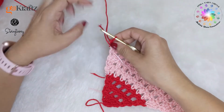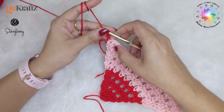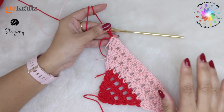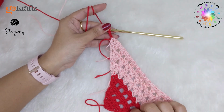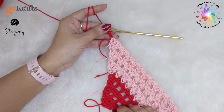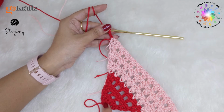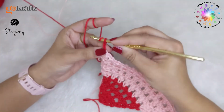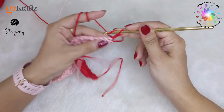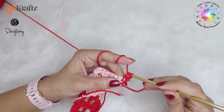Right? So we finished row 12. Now row 13 to row 20, sorry, yeah, row 13 to 19 will be the same. But instead of your starting 5 stitch, we will start directly from row 3, right? That it will be a similar row 3 repeat, right? So row 3 repeat is basically you chain 2, and of course you turn your work and double crochet in the first stitch,